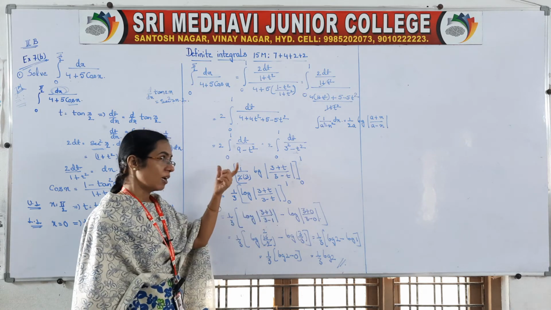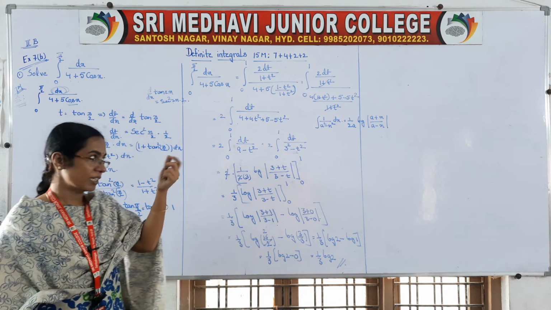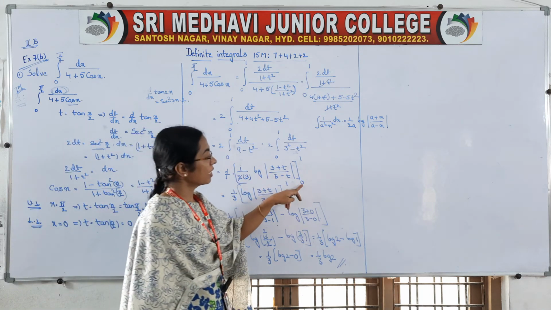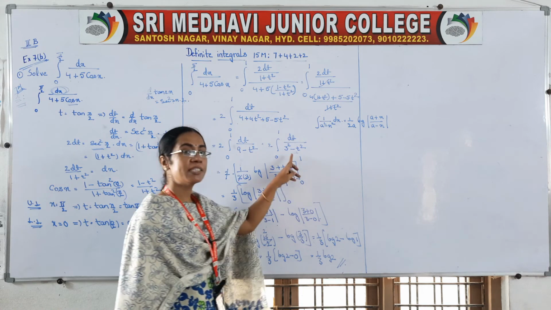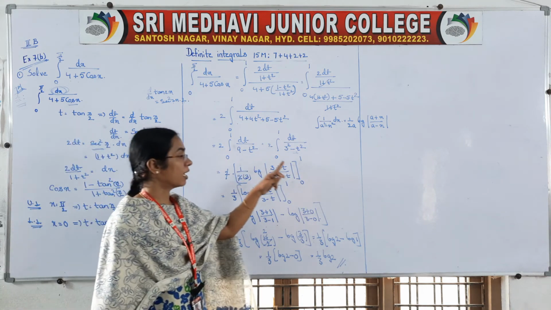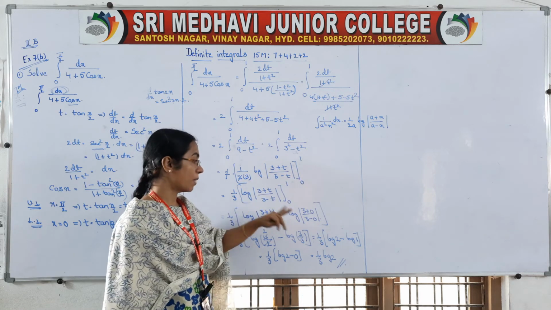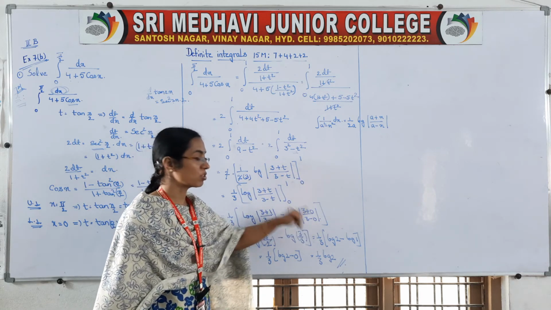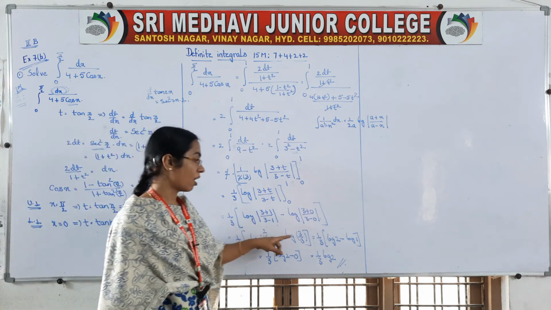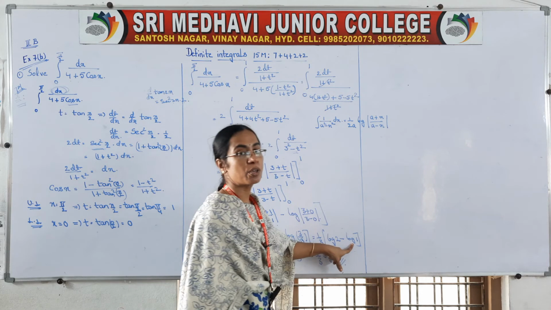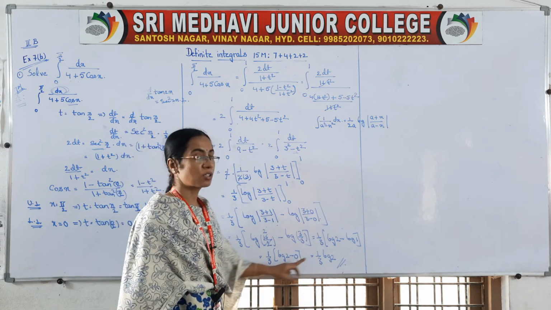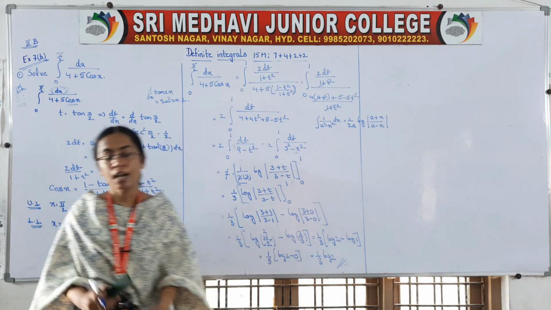So once we substituted the values in the formula, we got one derived value. For that we have to take the limits on the right side. After that we substitute in t's place the upper limit, minus, in t's place we substitute the lower limit. Then we got log 1. Log 1 value is 0. So it is log 2 minus 0, which is log 2. 1 by 3 log 2 is the answer.